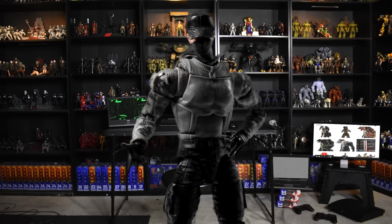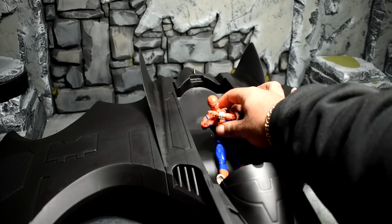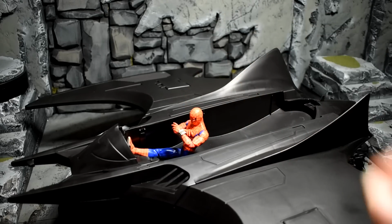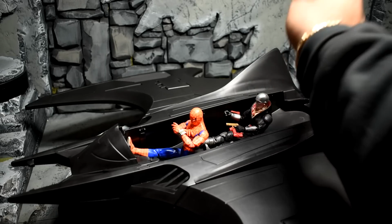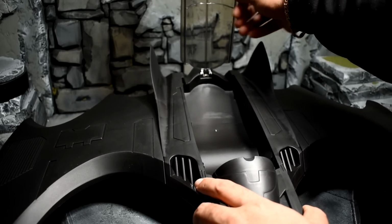Oh man, guys, I don't understand how anybody defends any vehicles being crowdfunded. This thing is 27 inches. This thing is huge. Now, don't get me wrong, it's $40. There's no detail. There's no paintwork. It's just all black, but you get the point. And if we can get a 27-inch vehicle with basically no paintwork that's this big for $40, I mean,